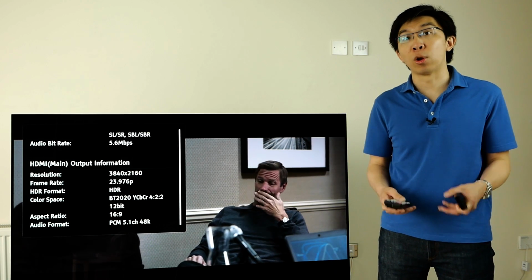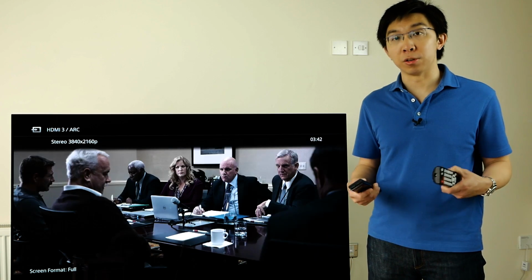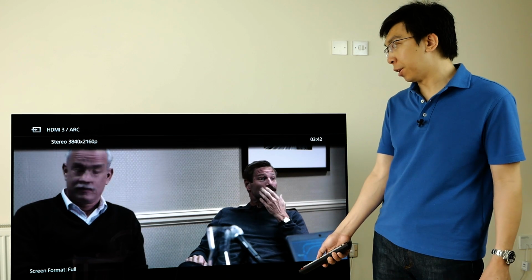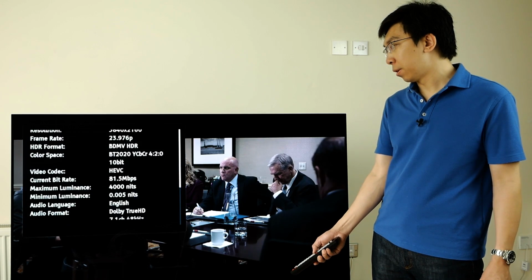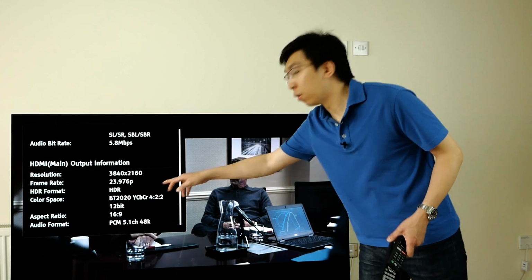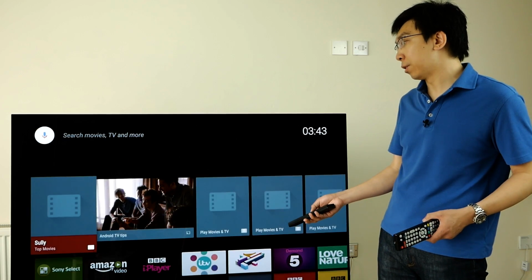or RGB. Now let's take the HDMI cable and connect it to HDMI 3. With HDMI signal format left at its default setting of standard, we can see from Oppo's information screen that the chroma depth still tops out at 12-bit 422. But if we change HDMI signal format to enhanced,